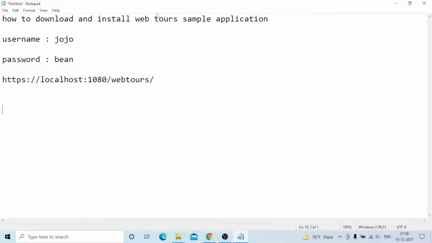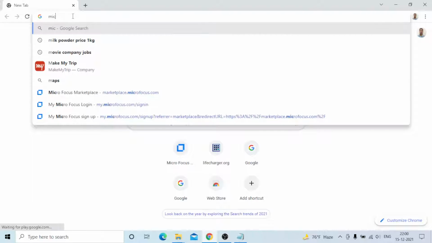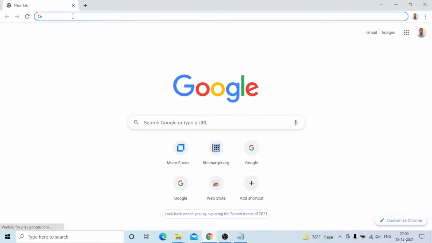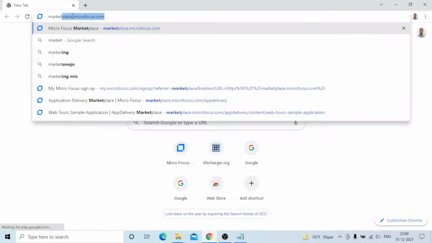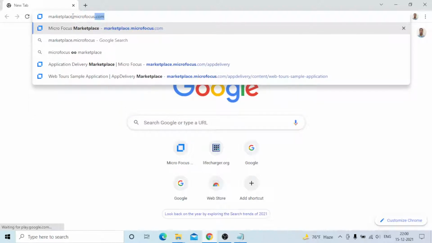First of all, you need to download the WebTours application, a WebTour sample application, from Micro Focus. Previously it was from the HP company, now it has moved to Micro Focus. First of all you need to go to marketplace.microfocus.com.